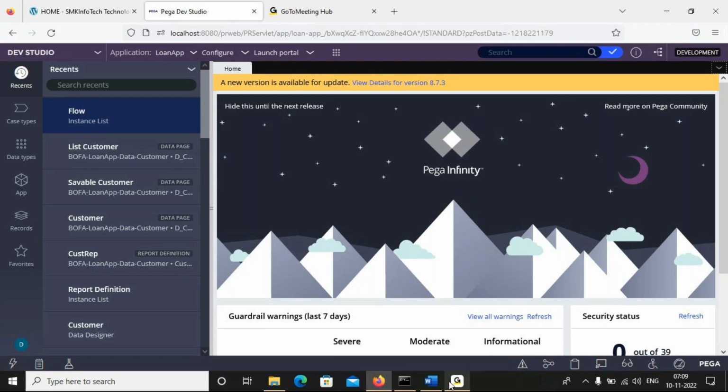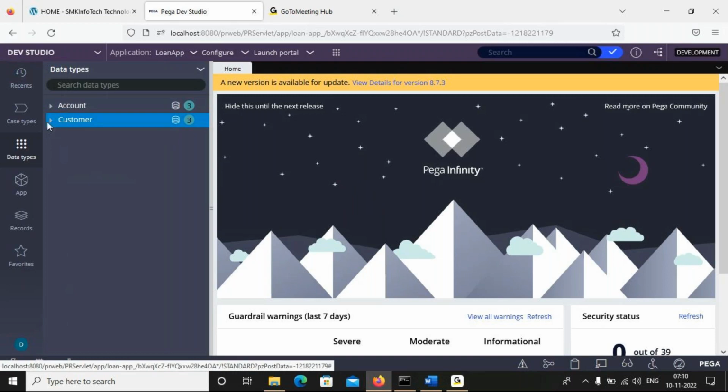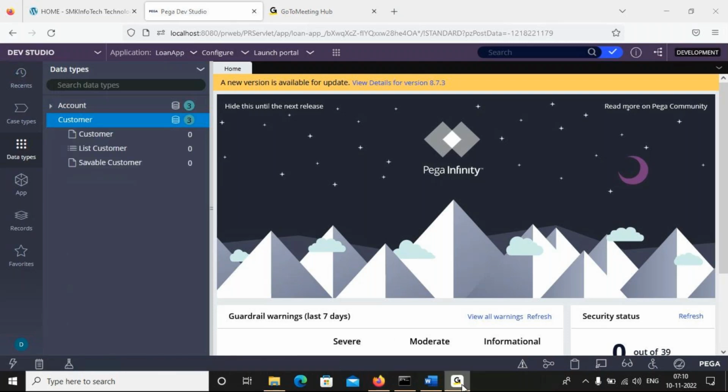So yeah, we are talking about data pages. Please open the data pages. Data pages means so very simple. When you want to fetch the data, when you want to save the data, first of all, as of now, concentrate about when you want to fetch the data from the database layer to the business logic layer. It means exactly from table to clipboard.